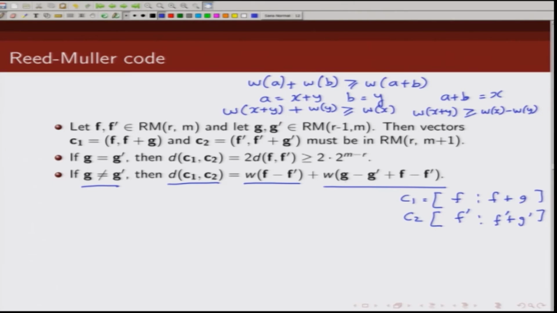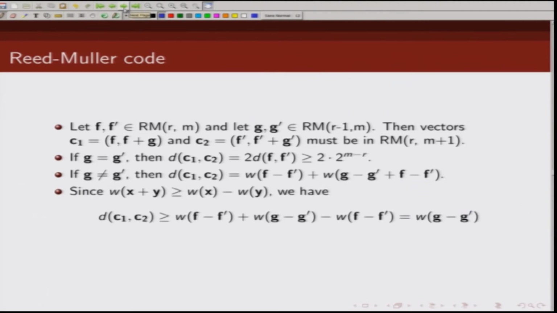You can consider this is my x and this is my y. So, I can write weight of x plus y to be greater than or equal to weight of x minus weight of y. So, when I do that, then the minimum distance between C1 and C2 is this term coming here,